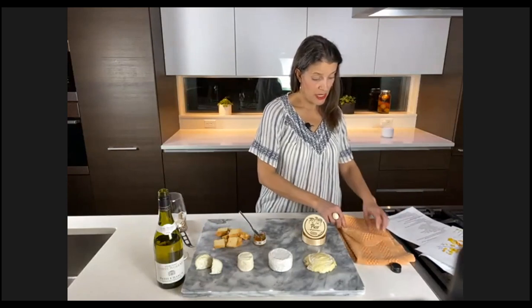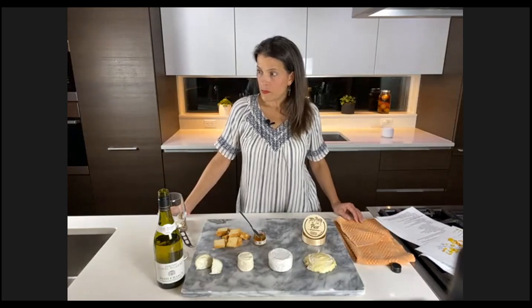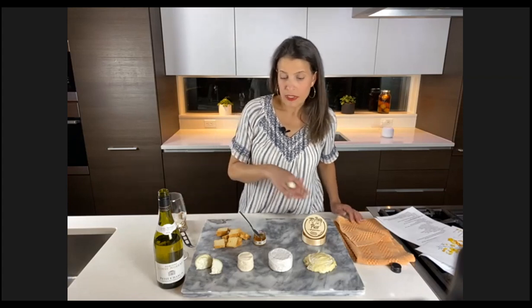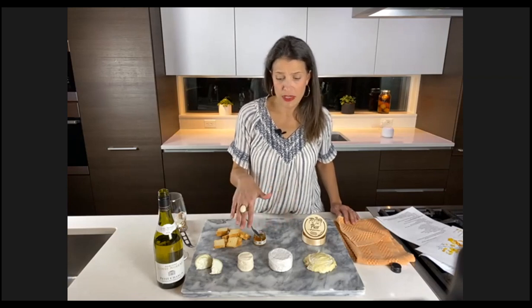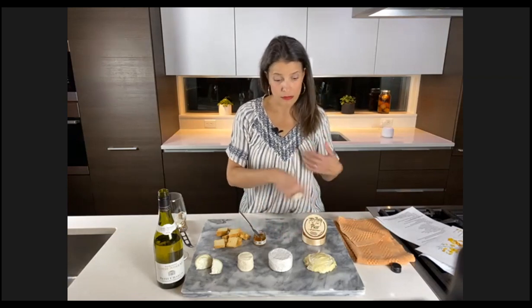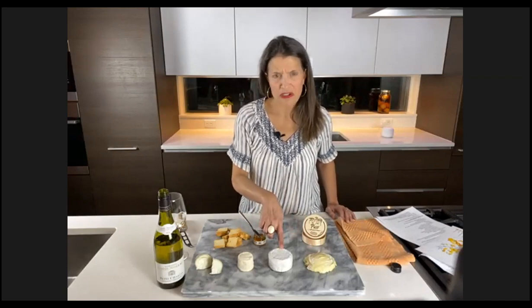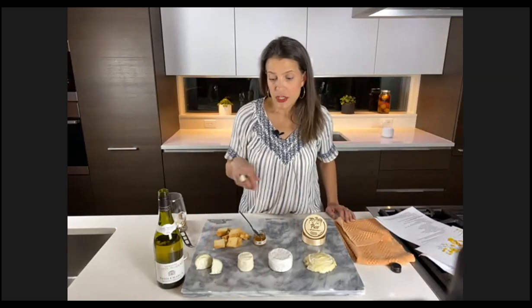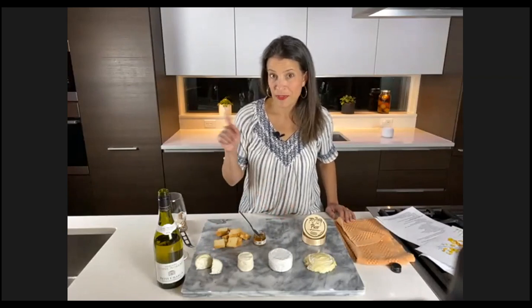All right, Audrey has a question about unwanted mold. She's asking specifically about the Wabash, but do we need to worry about these cheeses developing unwanted mold over time? So no, because you're not going to keep them that long. These cheeses you need to eat within, well, this one like tonight, basically. This one you can get another week or 2 on. This one I would eat within the next week, and this one within the next 2 weeks. So you're not going to be keeping these long enough that there's going to be strange growths occurring,